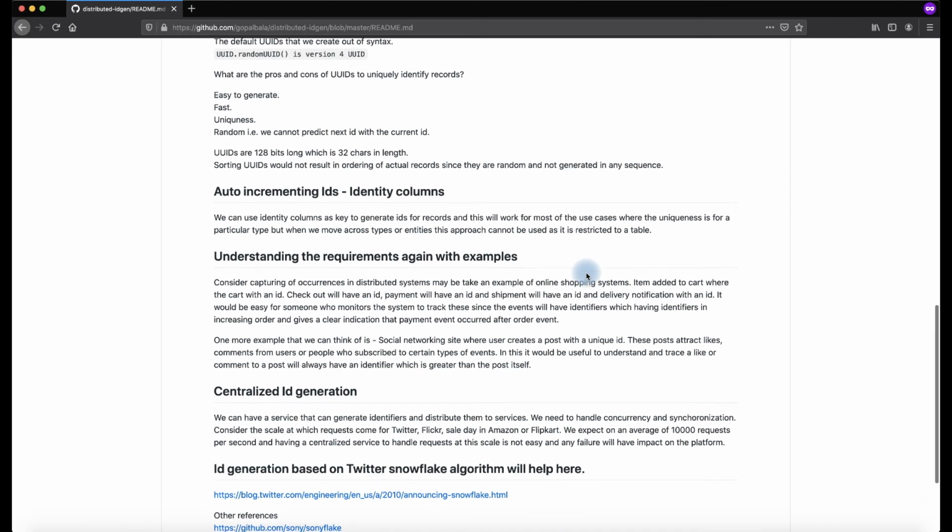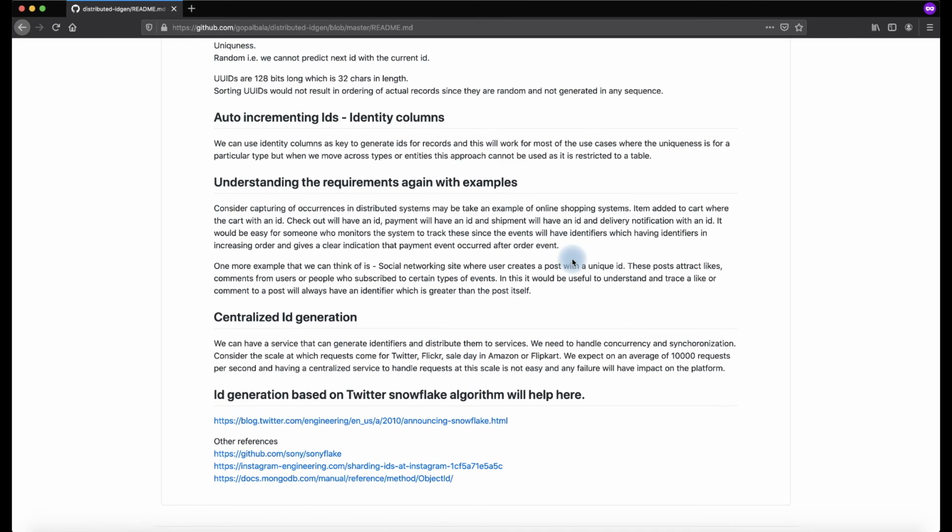But what is the problem with auto incrementing IDs? If two domains are coming and asking for IDs, it is not possible for a single table to give an ID back to them, because it can work only with one table and only within one database. Two different domains cannot get incremental IDs. For example, if somebody is persisting data into a different database, I cannot come to the same database to go and fetch the next ID.